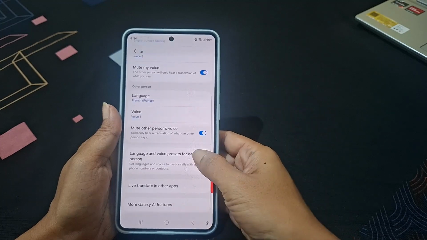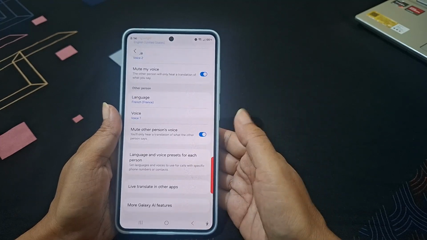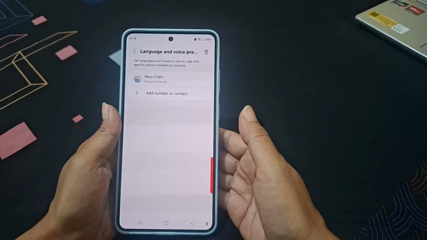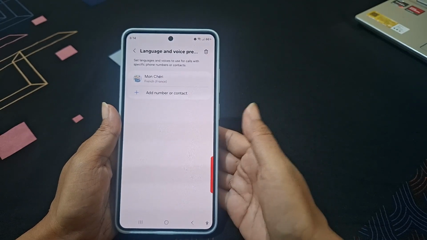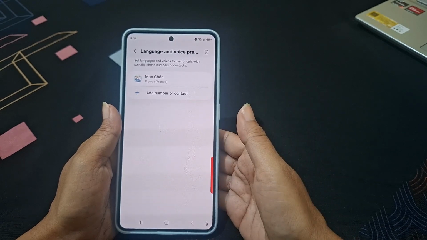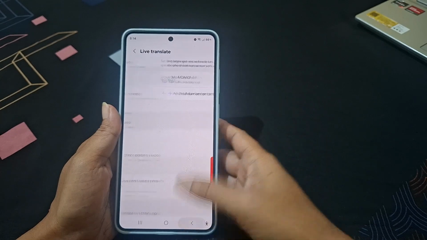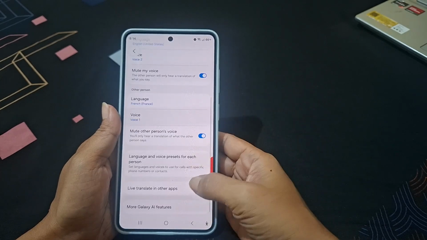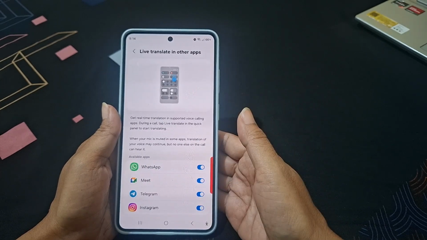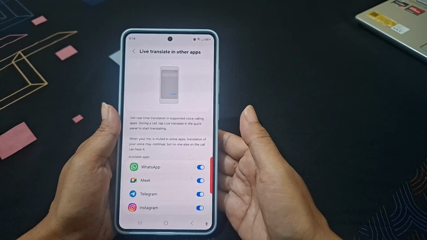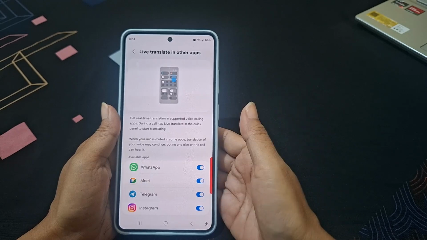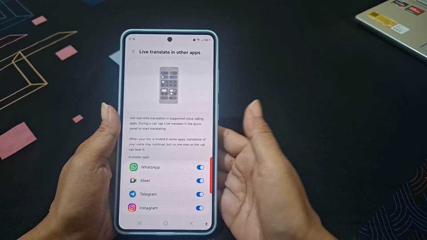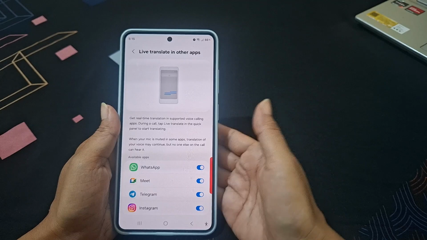Here, there are additional options. Language and voice preset for each person. It lets you save preferred language and voice settings for specific contacts or phone numbers. And Live Translate in other apps. It allows translation in supported apps such as WhatsApp, Google Meet, Telegram, Instagram, or else, depending on the apps on your